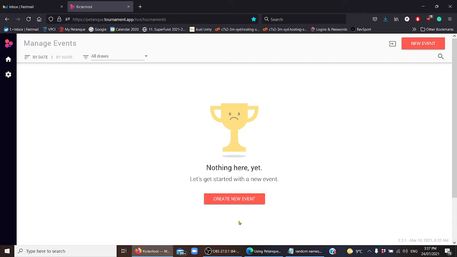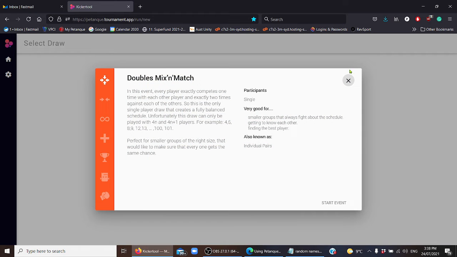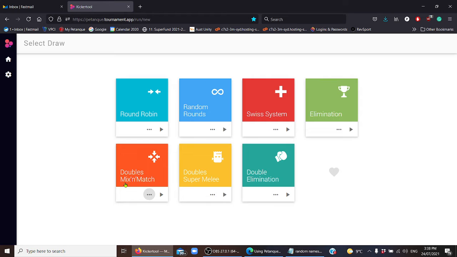If you have an event running, you can add further events, but if there's nothing running, and this is a brand new time you've used the program, you get this sad creature here. So we'll create a new event. And the events are the sort of standard ones you get in petanque: round robin, random round, Swiss system, doubles, mix and match. If you want to know what an event means, you can click on the little 3 dots. But in fact, it's got a few errors in it because it relates back to table football, but